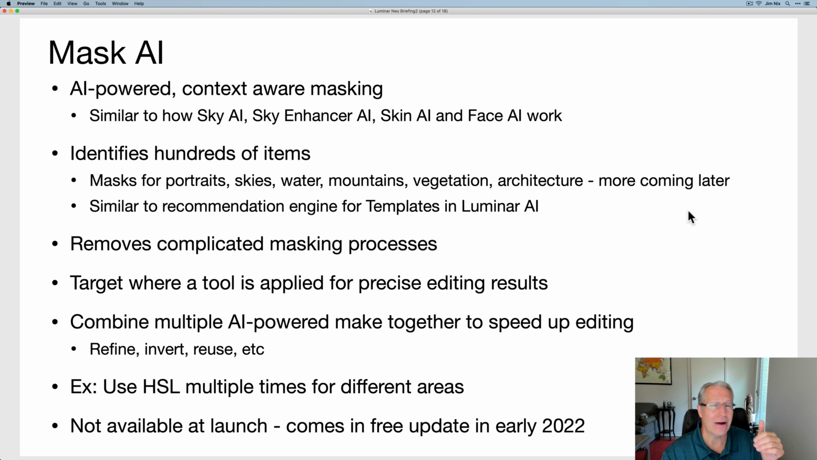But as it says here, AI-powered context-aware masking. If you look at some of the tools that are in Luminar AI today, Skin AI, I can't even say it, Sky Enhancer, Sky AI, which is the Sky replacement, those things are context aware, right? And they're creating masks, but in the past we haven't had access to them. But now Mask AI is going to identify hundreds of things, not just some of those basic things. So portraits, skies, water, mountains, vegetation, architecture, all that kind of stuff, with more coming later as they explore further